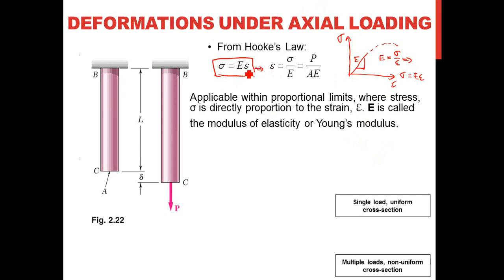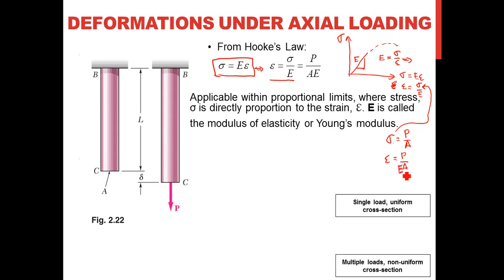So the strain epsilon is equal to sigma over E. So this is how we get epsilon equal to sigma over E. And then we know that the stress is equal to P over A. So if we substitute this into this equation, we replace the sigma by P over A, and don't forget we have an E here. So that's the equation for strain,